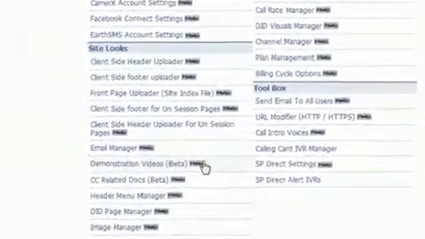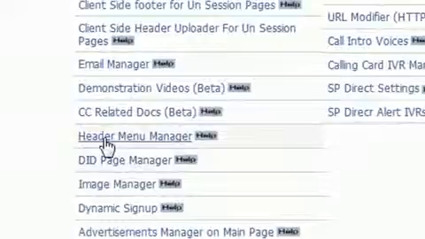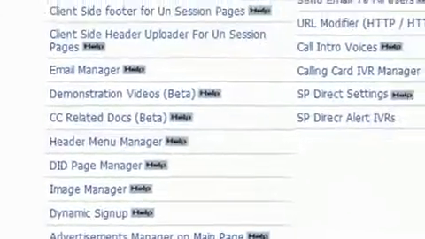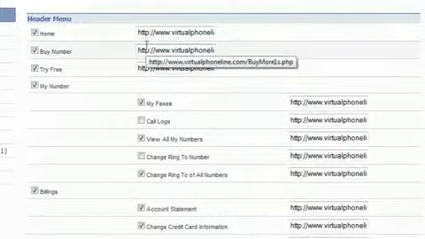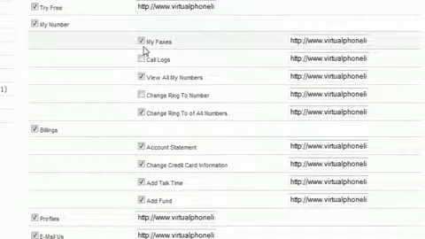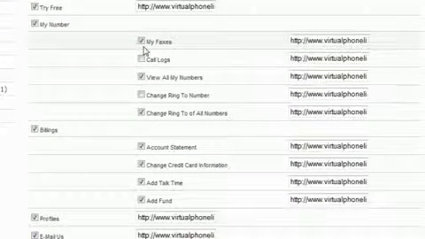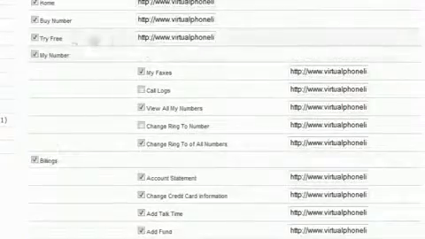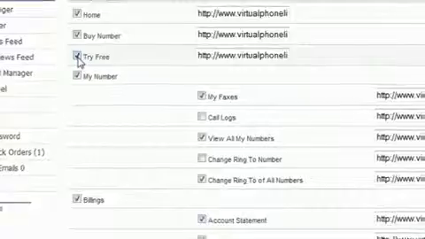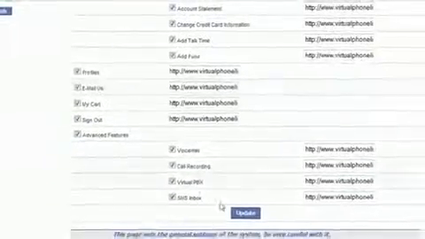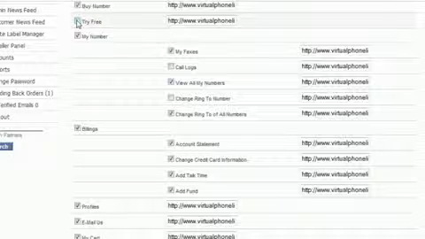Now let's go to CRM Manager again and let's see the Header Menu Manager. Header Menu Manager allows you to enable or disable any option. For example, if you do not want to show the try free option in your CFMS, in your hosted solution, then you can uncheck this box and click on update button.